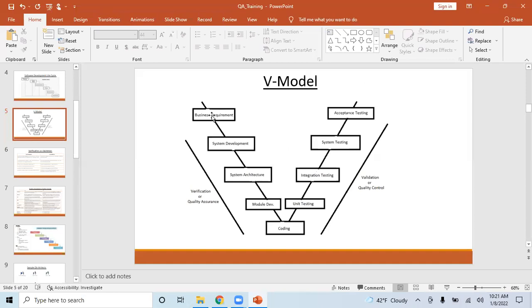Once that is done, your next thing is system development, or it is better we go from low level. Normally we have to go from bottom to up in the V model. Actually, I started wrong from the start, but let's go from the bottom. Like, first thing is, once the coding is done, right, the next thing is, when they say coding, it is at a very unit level.